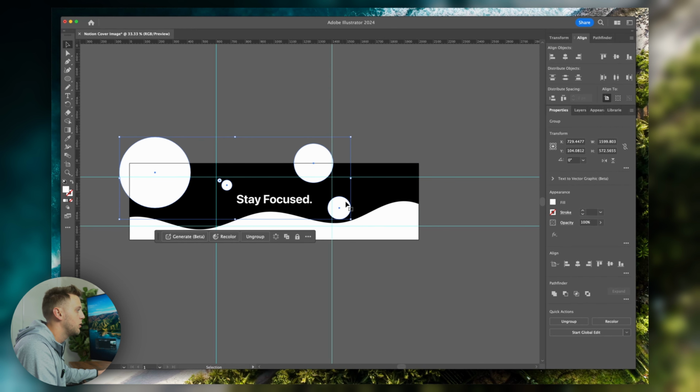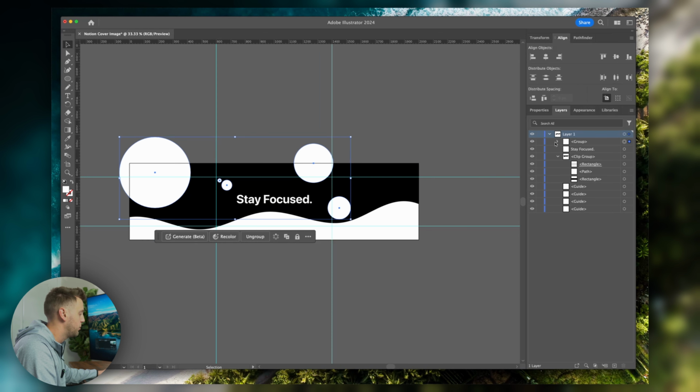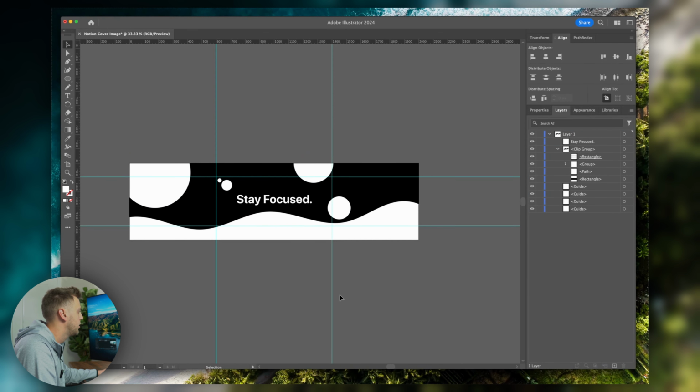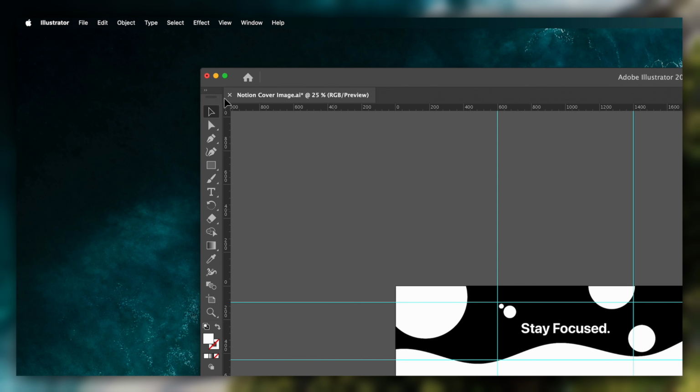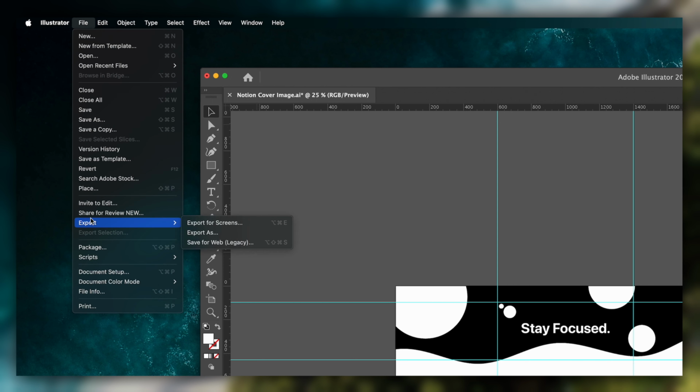I'm going to group them together by hitting Command G, drag that group into the clip group just to make sure it's all tidy and it's all clipped off. I'm going to actually take my guides, hold Shift, select them all, and then group those as well. We'll rename these as guides. So let's go ahead and save this. Let's go File, Export as